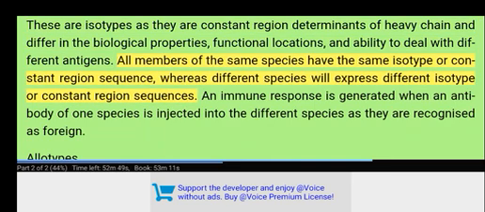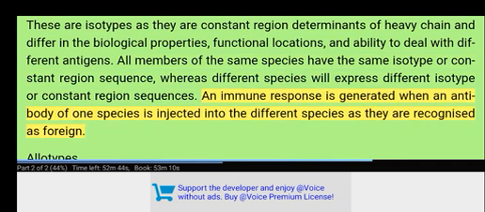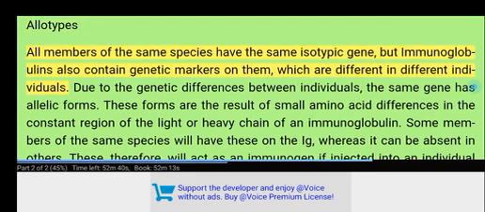All members of the same species have the same isotype or constant region sequence, whereas different species will express different isotype or constant region sequences. An immune response is generated when an antibody of one species is injected into a different species, as they are recognized as foreign. Allotypes. All members of the same species have the same isotypic gene, but immunoglobulins also contain genetic